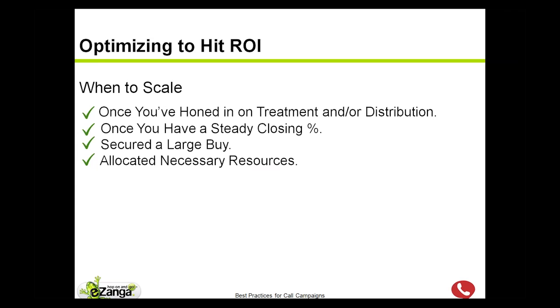Mm-hmm. And the one thing that we find there is if you get somebody, whether it's your client or the person you're working with, to commit to a bigger buy, usually you have a little bit more leverage in working out a better payout. So you're basically assuring them, and working with them to say, I'm going to add another 0 to the end of the number of phone calls I could generate for you. So why don't you see if there's any wiggle room to work on my margin a little bit? And that's how you really can optimize and hit that ROI.